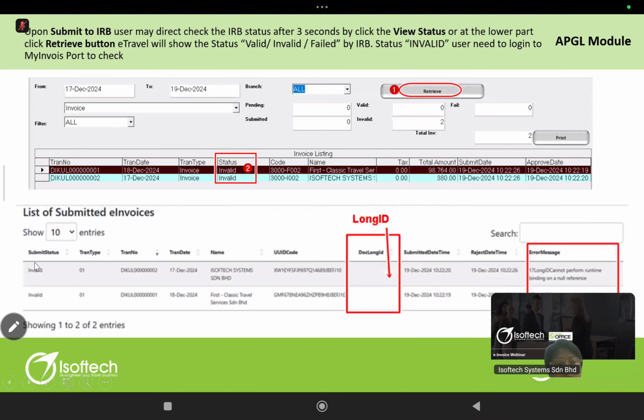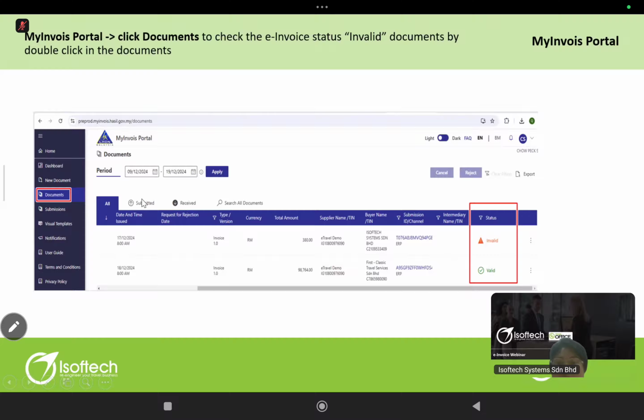Understand? So, if this status is invalid, then you have to log into your MyInvoice portal as I said. Better log into the MyInvoice portal to check what the error is. Sometimes there is no error, the status is valid. Like just now, the status is valid, but they only delayed giving us the long ID. In this situation, if it's a delayed long ID, the MyInvoice portal doesn't show any error message. If the status is valid, that means we just click submit to IRB again in order to get the